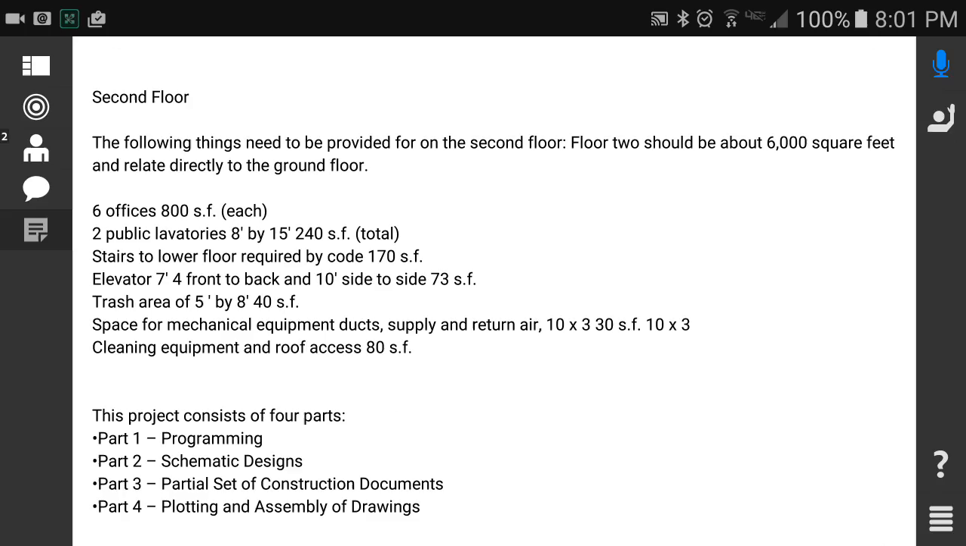Second floor. 6 offices. Got them. 2 bathrooms. Stairs for egress. Elevator. I need a trash area. Ducting. And cleaning and equipment. So trash area. We could put a trash chute. Oh yeah, we could do